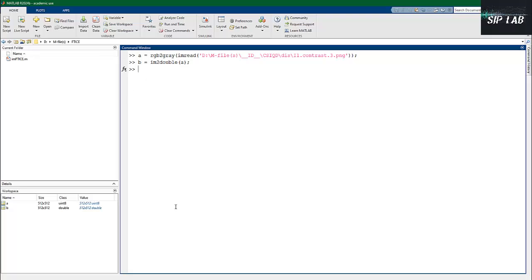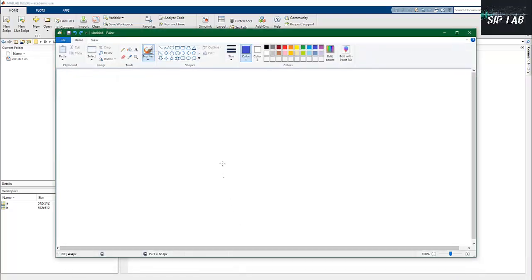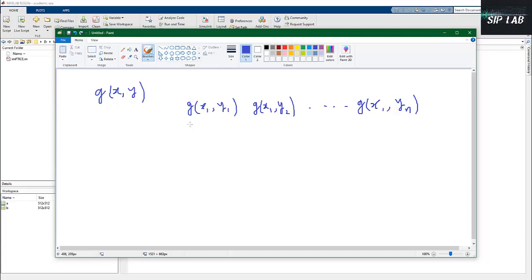And a gray level image is a function g(x,y), which is presented like g(x1,y1), g(x1,y2), dot dot dot, let us say we have n columns in the matrix, and you can see this is a matrix representation, g(x1,yn), and then